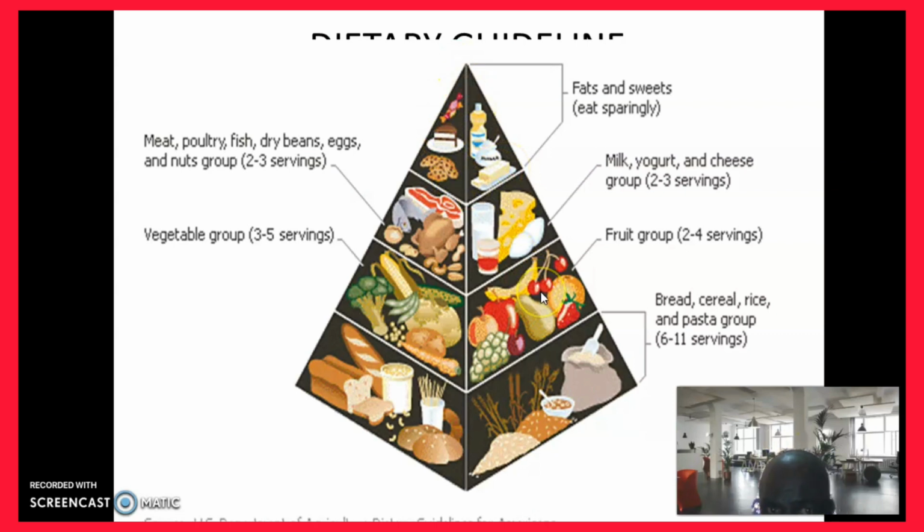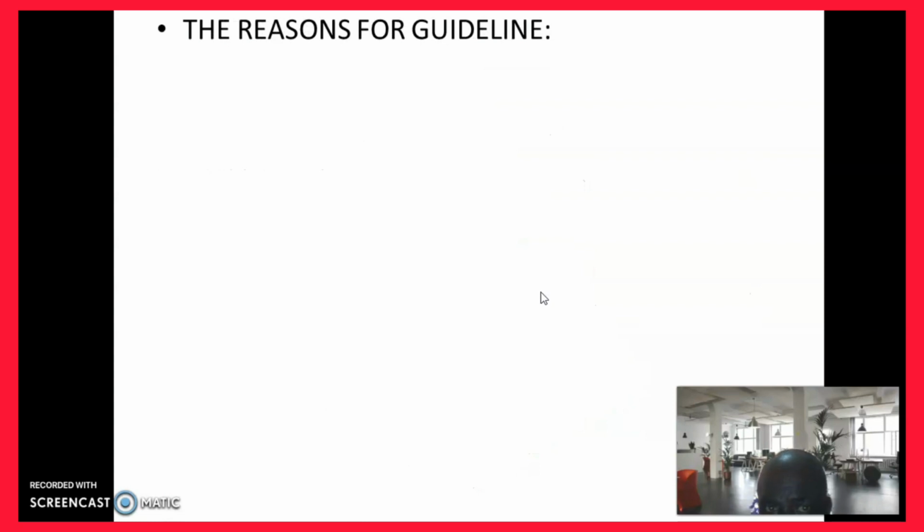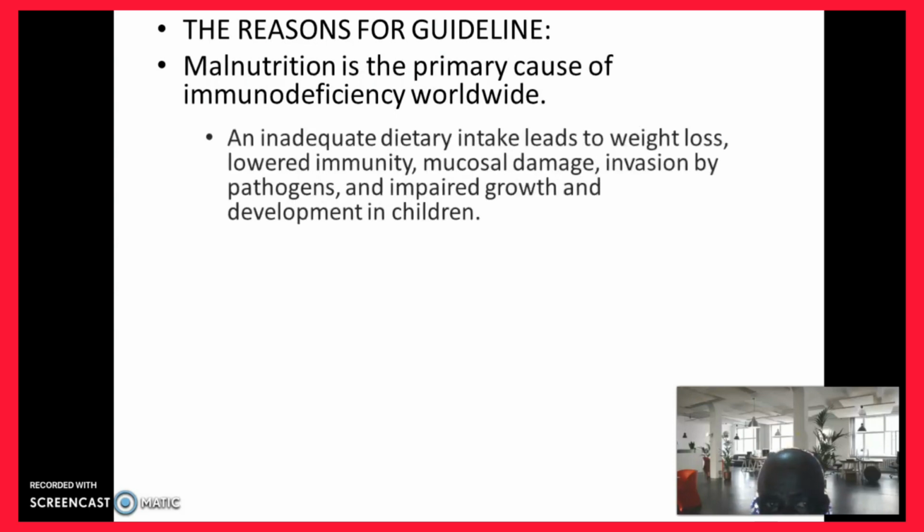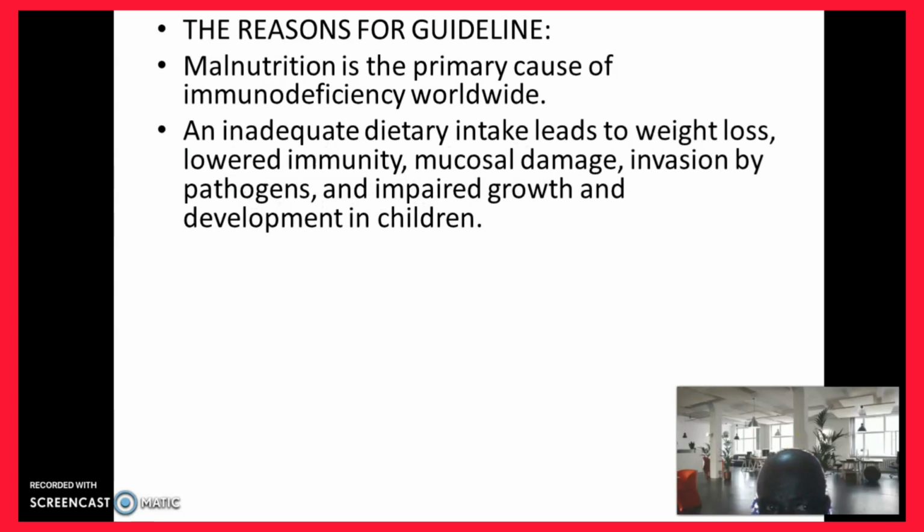That is the dietary guidelines. The reason for the dietary guidelines: malnutrition is the primary cause of immunodeficiency worldwide. So we must take care not to malnourish. An inadequate dietary intake leads to weight loss, lower immunity, mucosal damage, invasion by pathogens, and impaired growth and development,